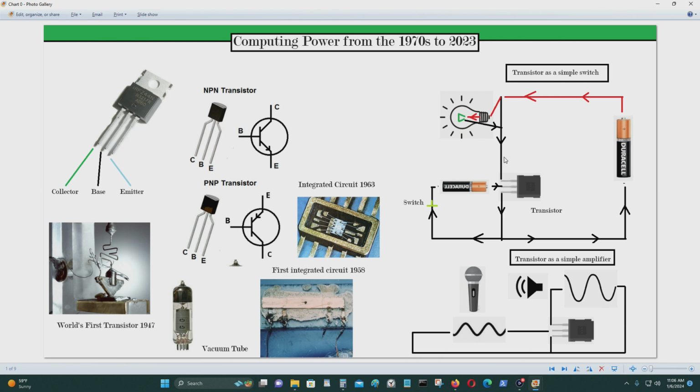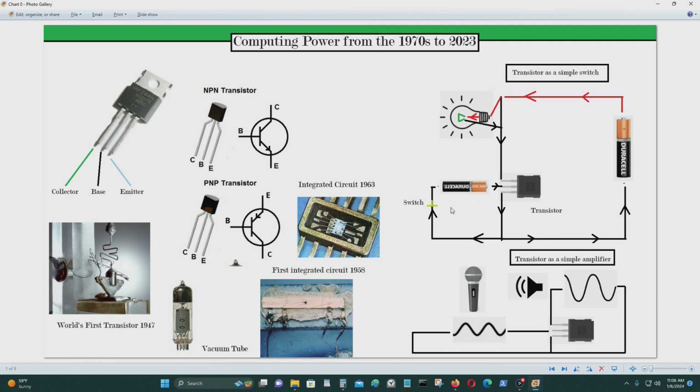And this is a collector, this is an emitter, this is a base, and as you can see, this is a circuit, and basically I could put a transistor here, and I could connect the base part to a battery. It does require a small amount of electrical power for it to operate, like I think 0.7 volts or something like that. And basically what it does is I could use this transistor to put in a switch so I can turn the light on and off,